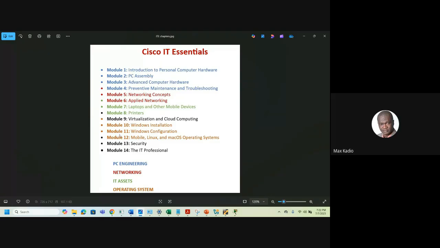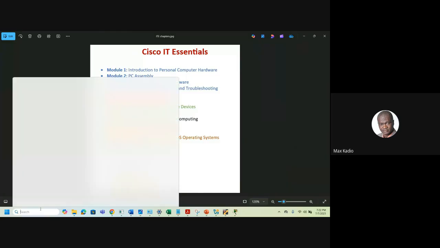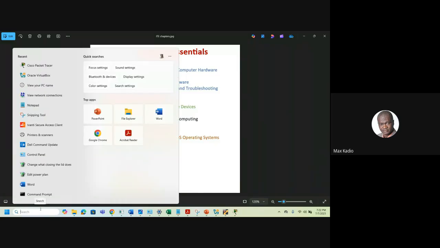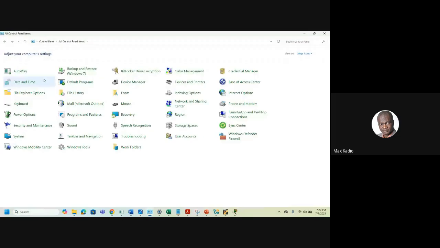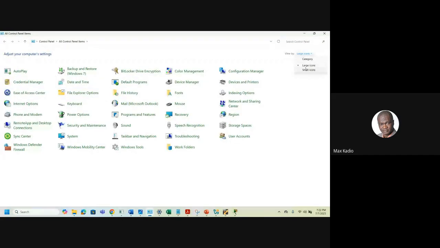No worries. For these ones, you just need to follow. For example, they may say you need to change the time, or they ask if you want to view all the software you installed on your PC. In chapters 10 and 11, there are a lot of videos you can click. You just do the same thing on your PC or laptop. You type control, say Control Panel, a place where you can do many things.